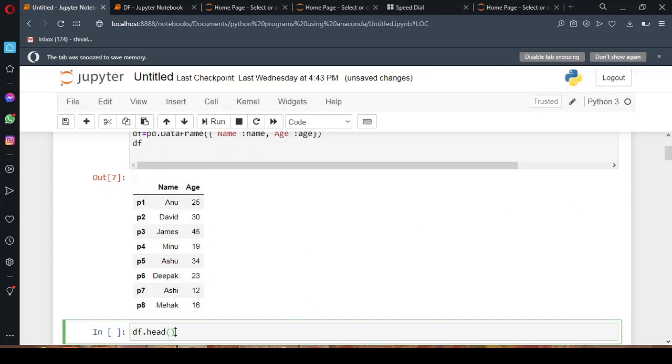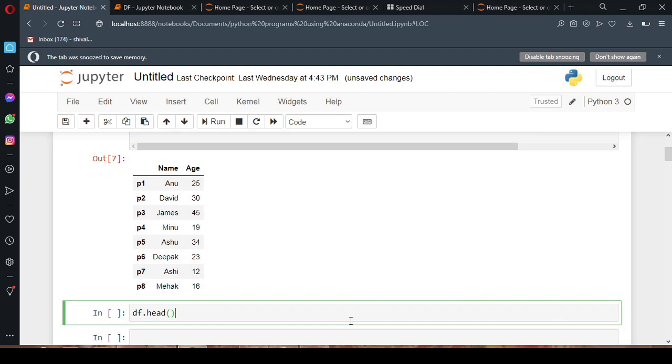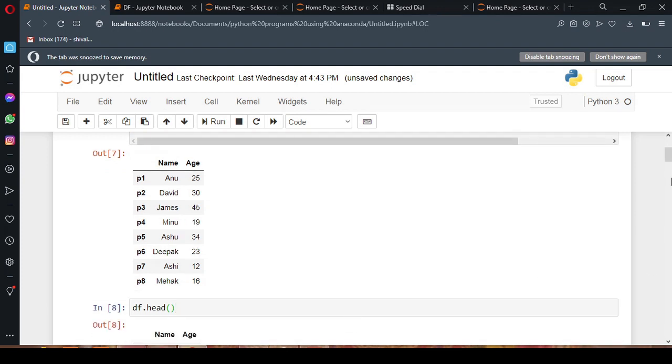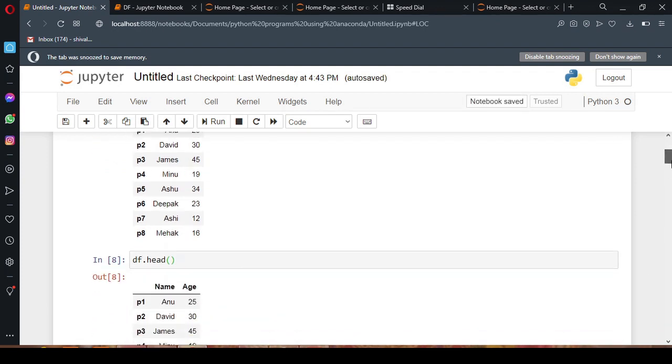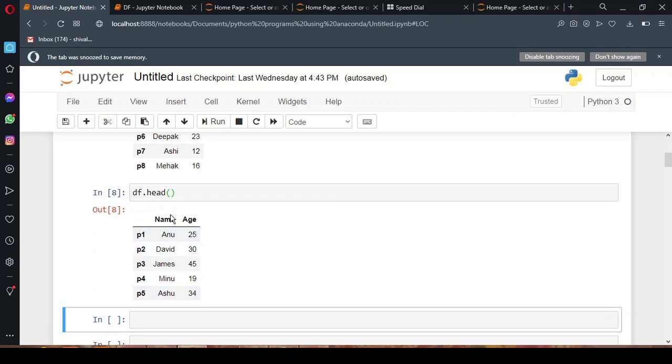Can you see this? I have kept it empty. So when you do not pass any argument in your method and then you execute it, the default number of rows which is displayed is 5. Okay, so this is when we do not pass any argument.